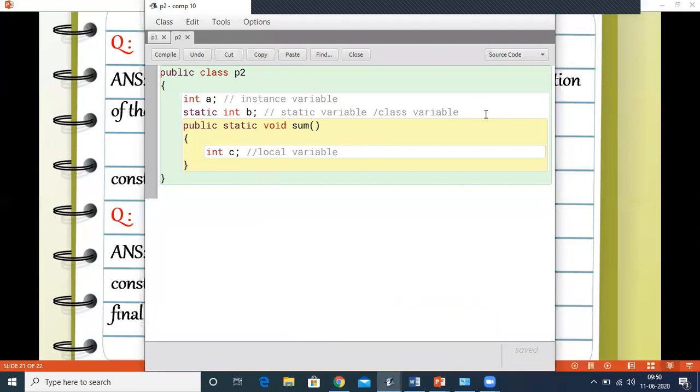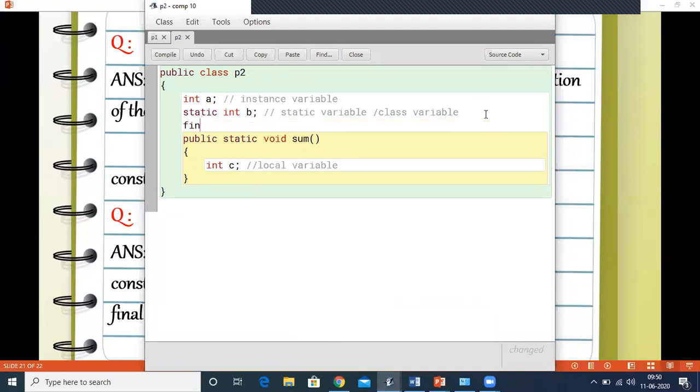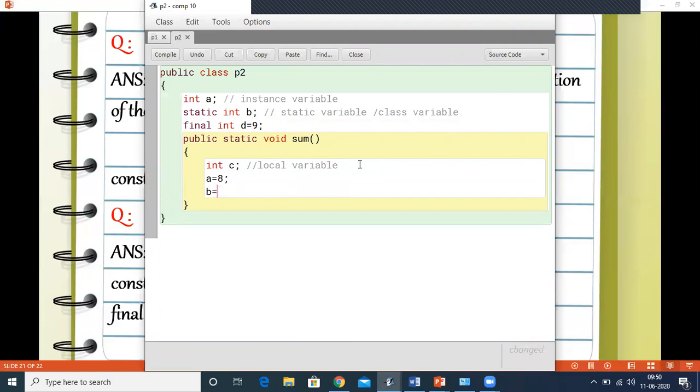Practically, I write over here final integer d equals 9. So d is my final variable. Now, suppose I change the values: a equals 8, b I'll specify as 9, c I'll specify as 10, and d I'll give the value 11.